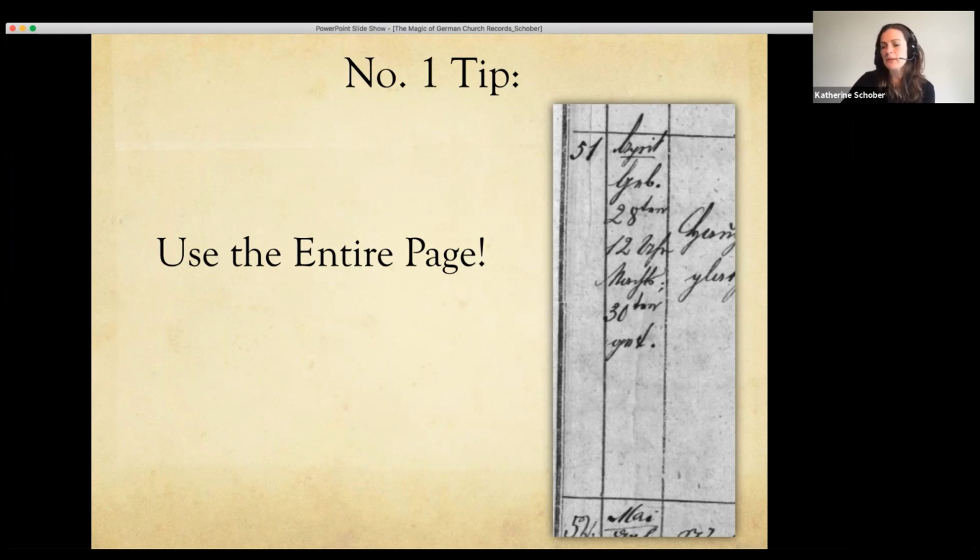So, for example, let's say your ancestor's record is here, number 51. You're ready to start deciphering. You have your nice little Wikipedia key, and you get to the first word. And that word looks kind of hard to read. So, what can you do? Go to the record above or below and look at the first word there. Chances are that the first word on your record will be the same category of word as the first word